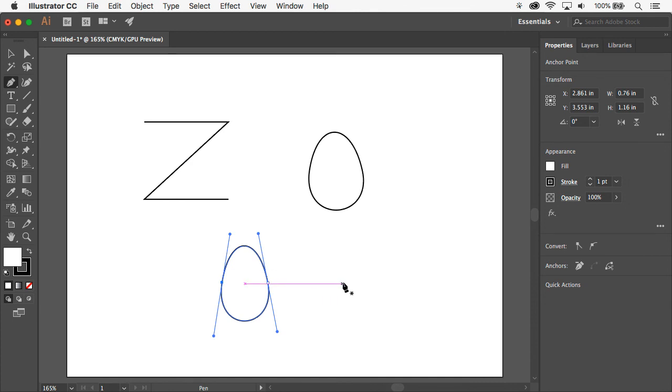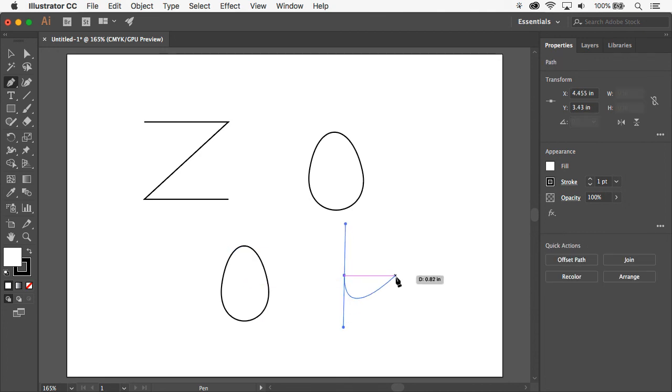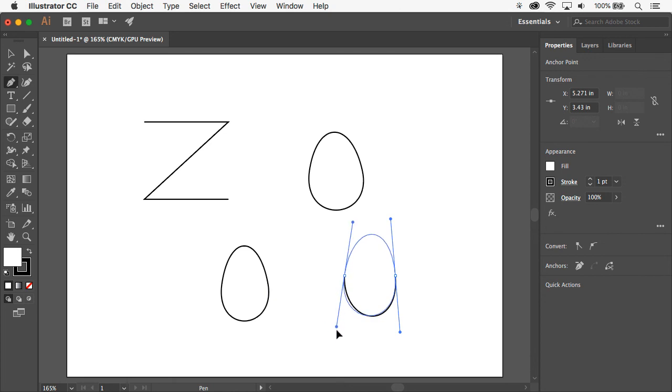So one last egg, and this one I'll start backwards. If I click and drag down, when I move to the right, the curve wants to form down. So I'm doing the bottom of the egg first. I'll let go, move to the point where I started, click and drag down again, and I've completed the egg,